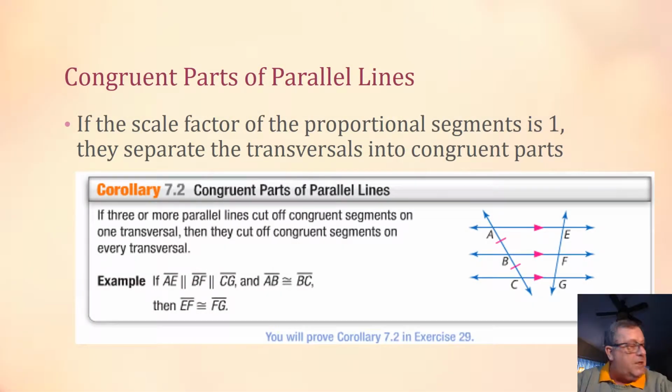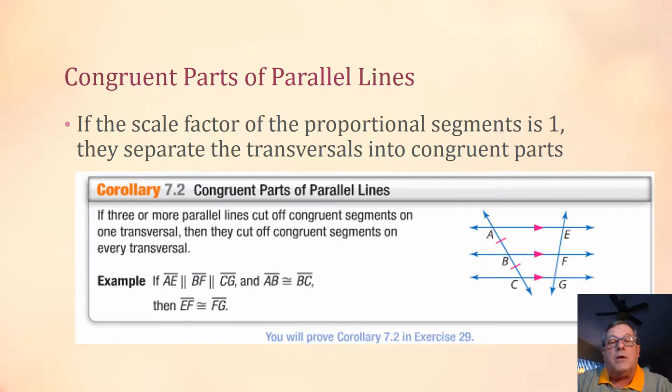Let's finish off this chapter on parallel lines and proportional parts. All right, a couple of things here. It says if the scale factor of proportional segments is 1, they separate the transversals into congruent parts. So if the scale factor of the proportional segments is 1, we're talking about with parallel lines, they separate the